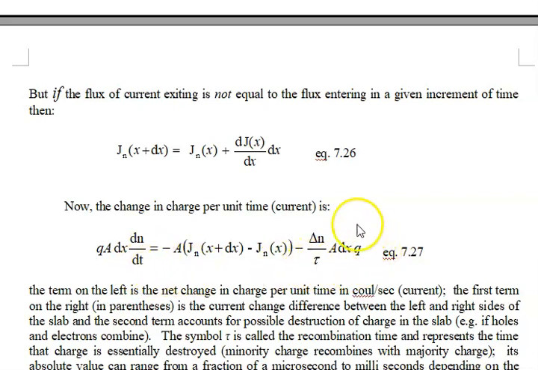Okay, and this term is quite interesting. This term here we basically stick in. It says that the number of charges, and we'll talk about delta n in just a little bit, that is destroyed. That's why this is a negative sign here. The number of charge that is destroyed, again, the units work out to be exactly the same. It is